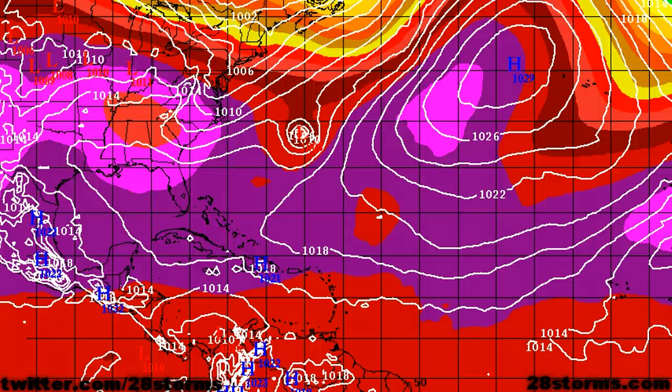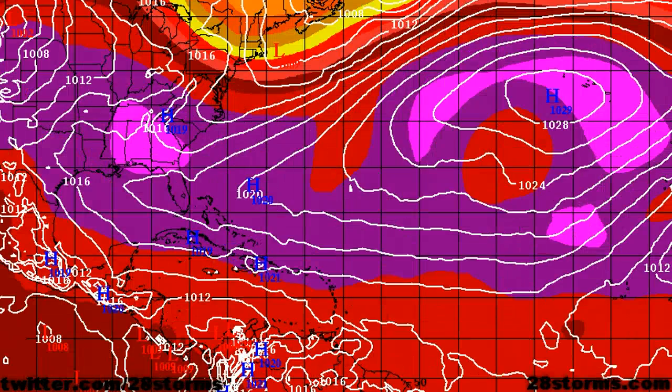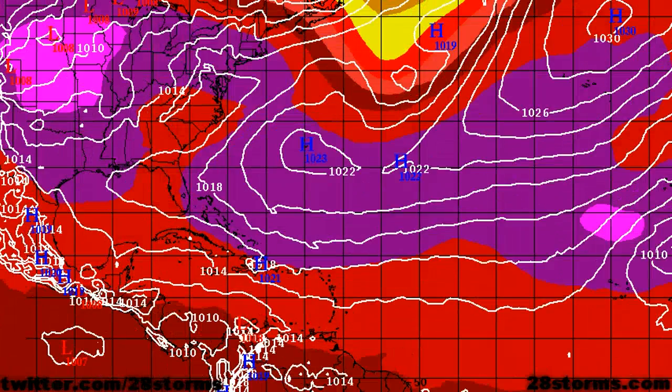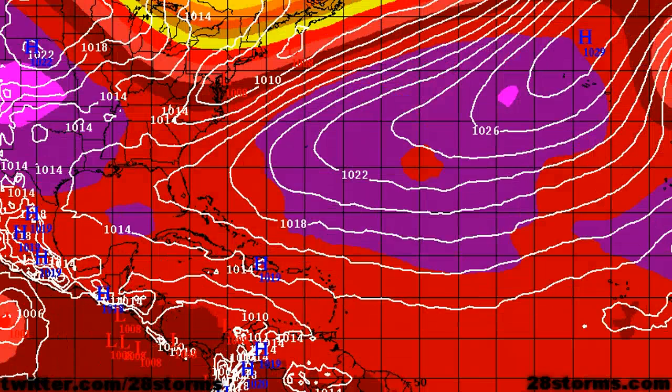The 9-day ECMWF 500 millibar forecast and sea level pressure shows nothing in the deep tropics. Instead, the big weather story will continue to be the high degree of record temperatures across the central and southeast United States as a result of the ridging. And this ridging is going to shift from state to state a little bit as the days go on, but overall this ridge should be locked in place throughout the central and southeast United States for at least the next